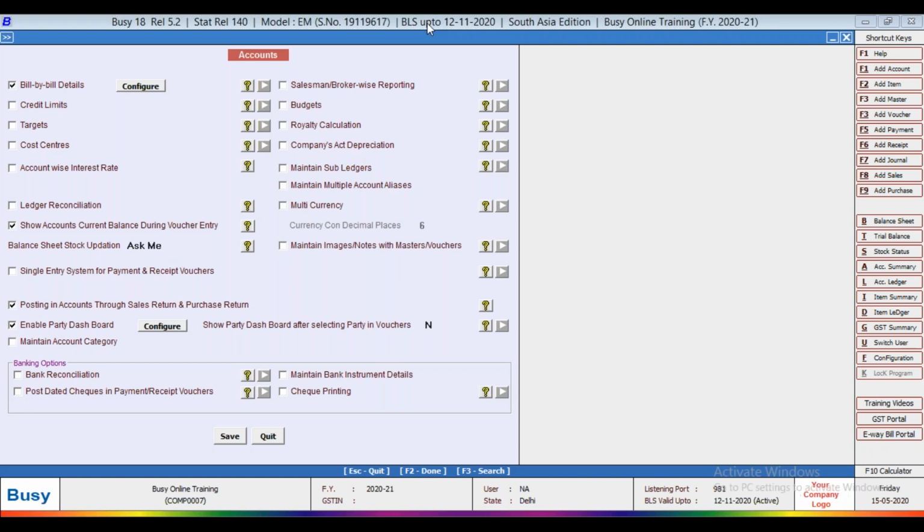This is the option for current balance during voucher entry. When you select any ledger master in sale or purchase or any other transaction, then here it is showing current balance. This is the only option.